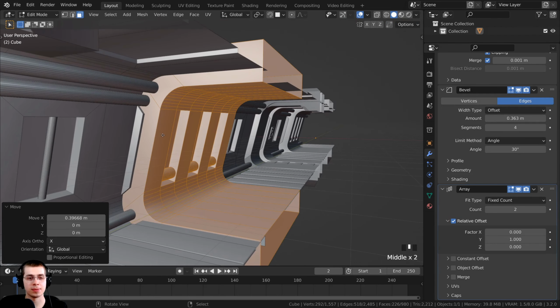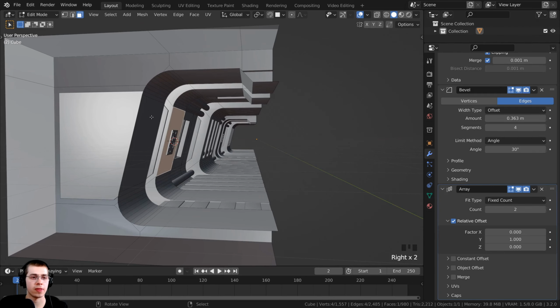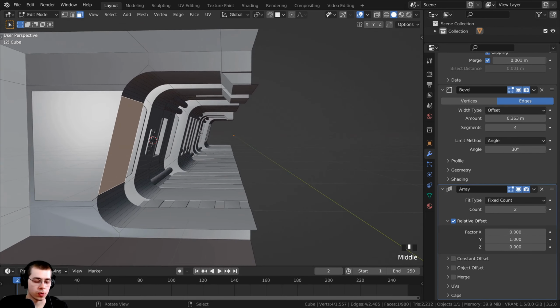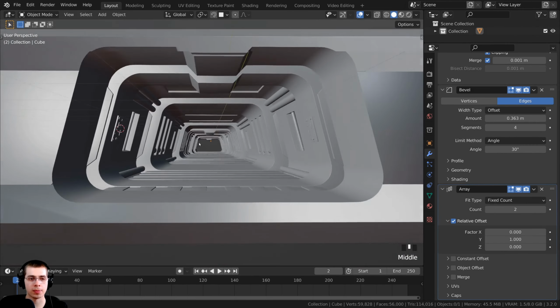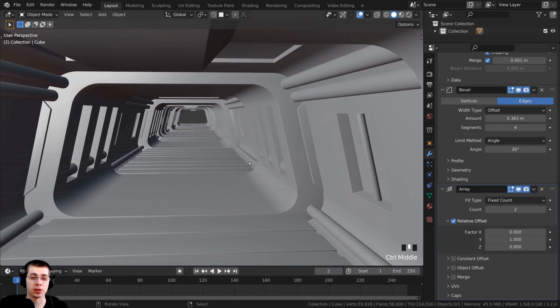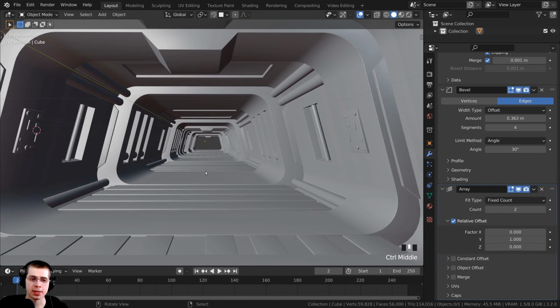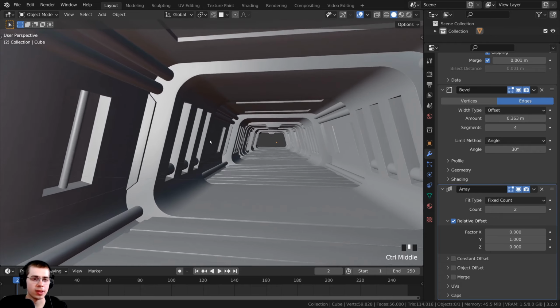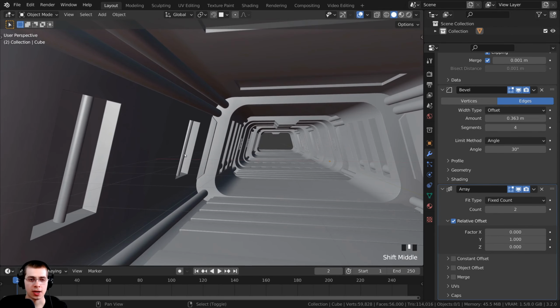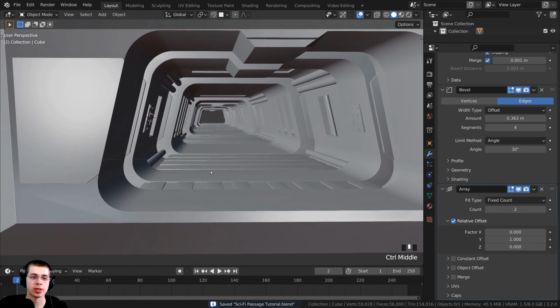So now you can see this piece is actually jutting out quite a bit, whereas these pieces over here, they aren't jutting out quite as much. So if I press the tab key to go back to object mode, this is going to give the Sci-Fi Passage a lot more depth, and I find that this really helps to make the Sci-Fi Passage look much more interesting because it's not super straight. Every now and then as you're going through the Sci-Fi Passage, there's these parts right here and these parts bump out a lot. Alright, so I'm just going to press Ctrl S to save one more time,